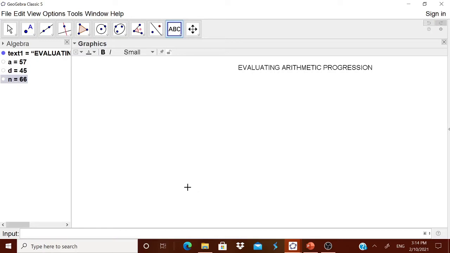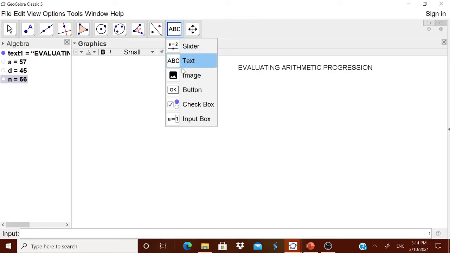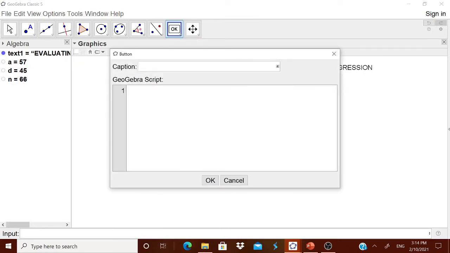Okay. Anyway, if you want to generate new problems, what you have to do is go to this OK button. In the OK button, you type new problem. Okay, in that once again you type a is equal to random between, I think we had it from minus 100 to 100. Remember the same thing to be entered here also. I think I will copy this so that I am going to make use of it once again. Therefore d is equal to, I think this I have it as minus 50 to 50 if I am right.